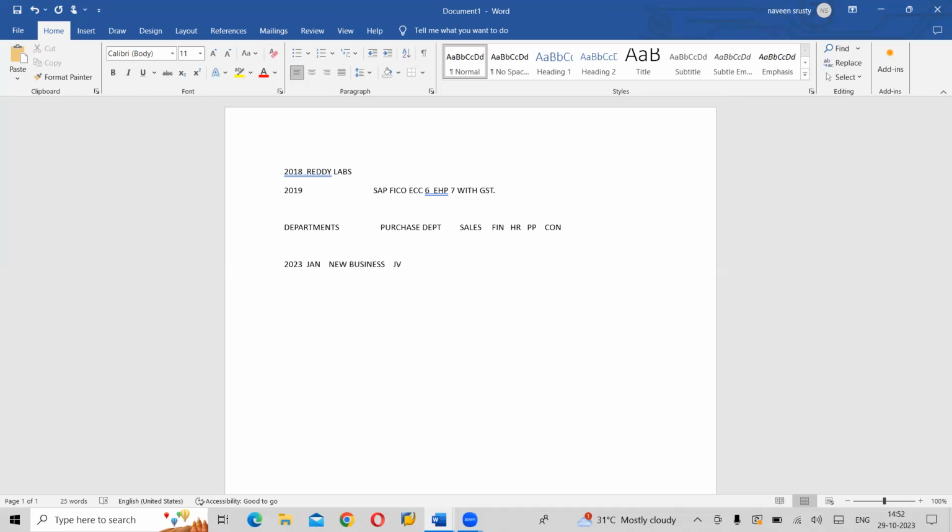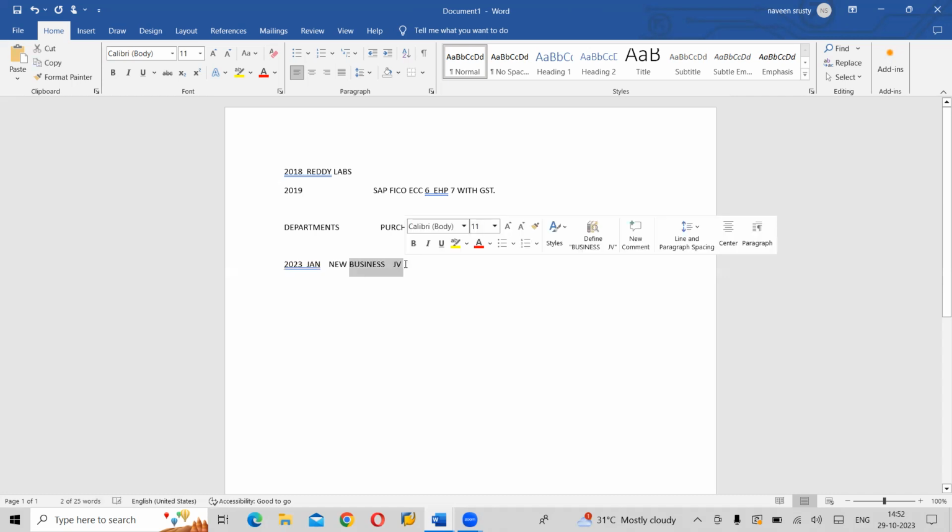So they are already using SAP in their organization, right? There is one more department or one more business they have introduced. Now they want to use SAP software for the new business also.